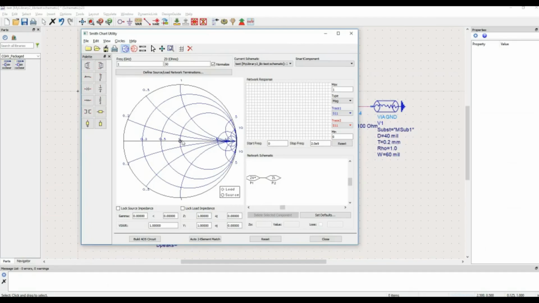So what happens? You have to calculate all those things using your transmission line theory. You find out the value, where it is going, what the electrical length is, and what impedance value it will give after you use a specific transmission line length. Here everything is automatic. For example, if you notice, I have started this, so the frequency is 1 gigahertz,